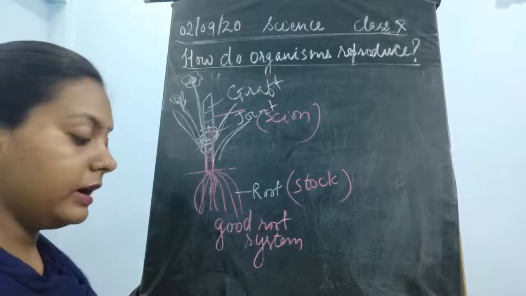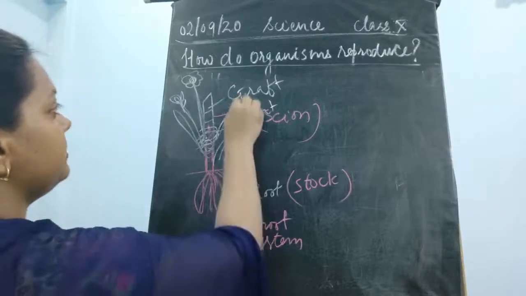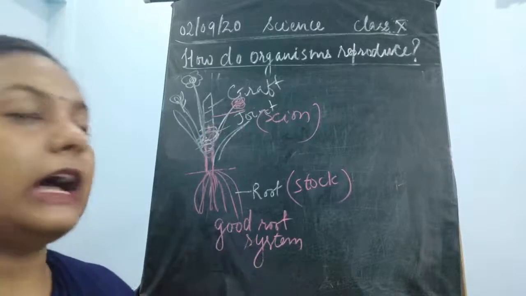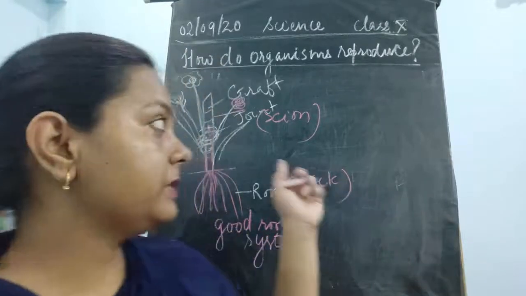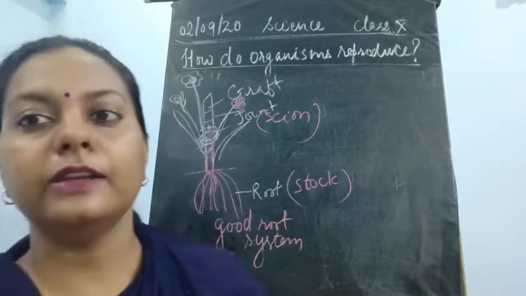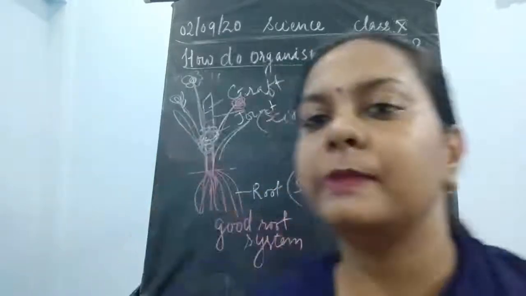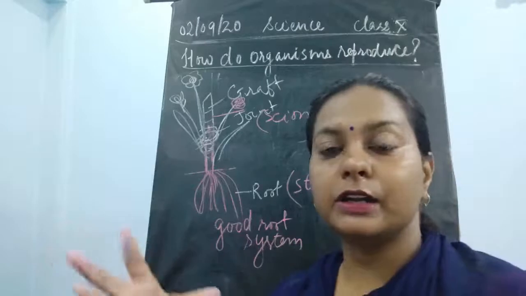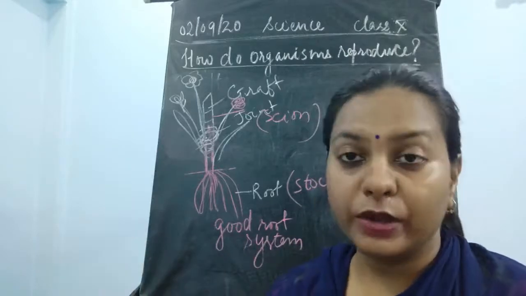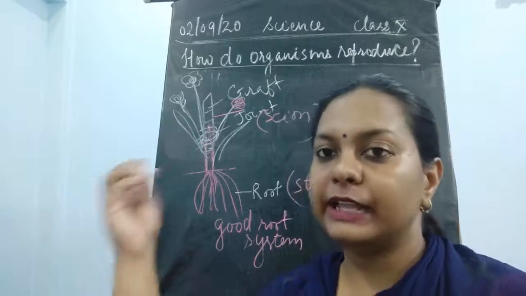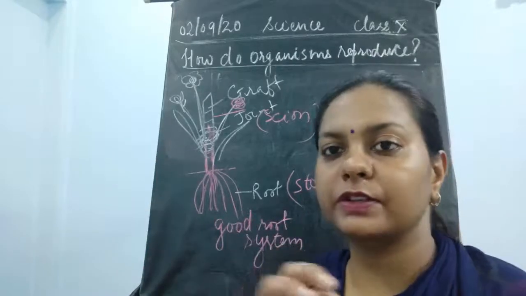Even the colors could also be changed. Sometimes it would be a light pink color, a dark pink color, and that color could also be changed in a similar manner. Even in some rose plants, it has been practiced that in one single rose plant, graftings of different colors are done. So one plant with a good root system we will take, and we will take several other color plants, and we will just join them.